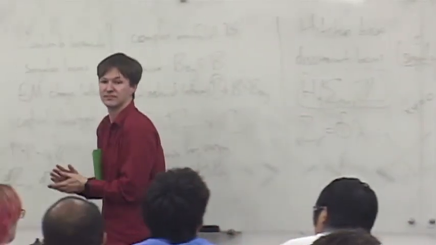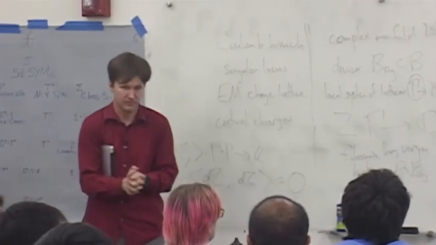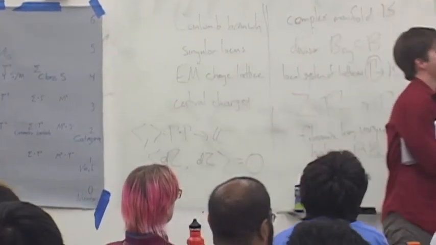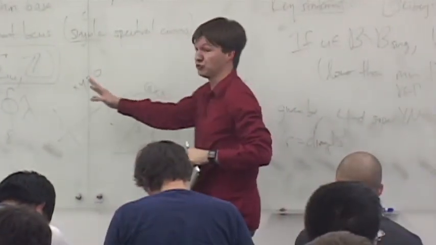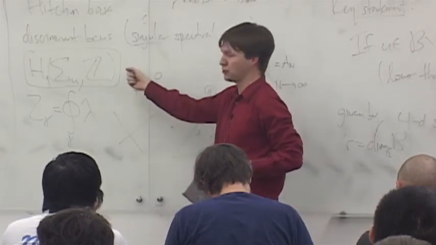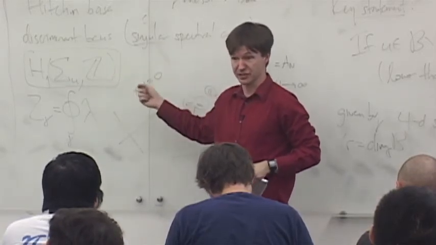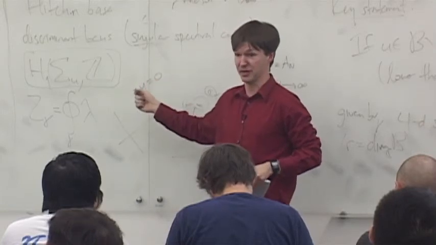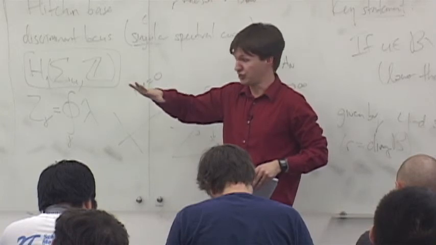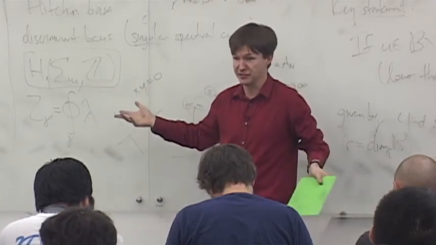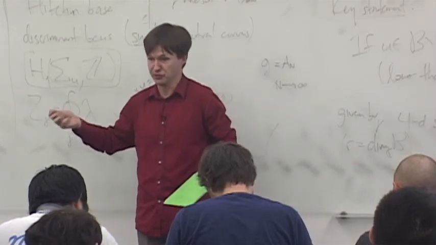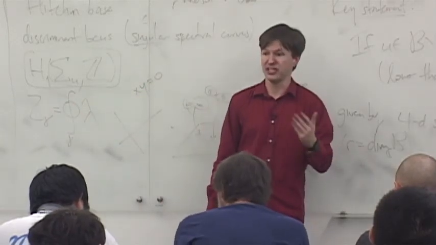How generally is it true that the low energy description of the theory is a sigma model with target moduli spaces? Well, OK, so we saw that it was true. It might be always true in 3 dimensions. In 4 dimensions, we just saw an example where it's not true. The low energy physics of that theory was not a sigma model. It does have a scalar in it, which you would think of as being the sigma model scalar, but it also has gauge fields. So the low energy description of that 4-dimensional theory is not a sigma model in the usual sense. And in 2 dimensions, it actually never happens that